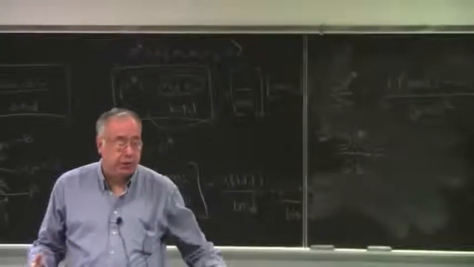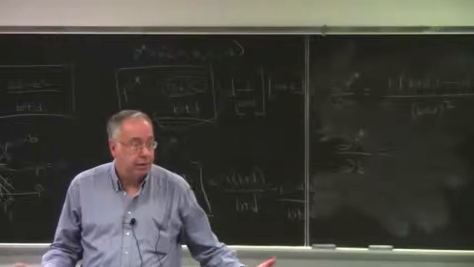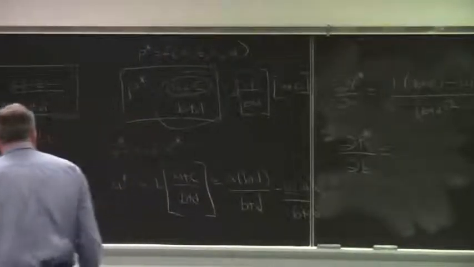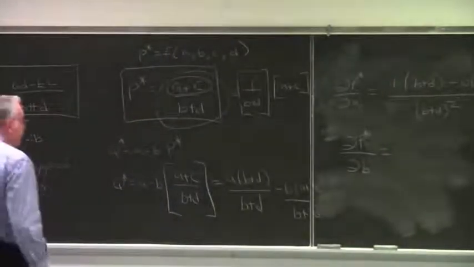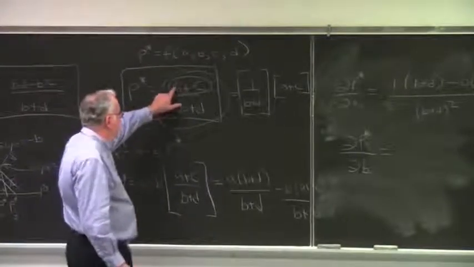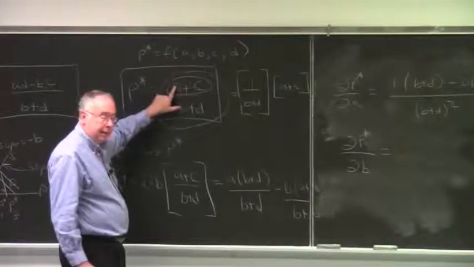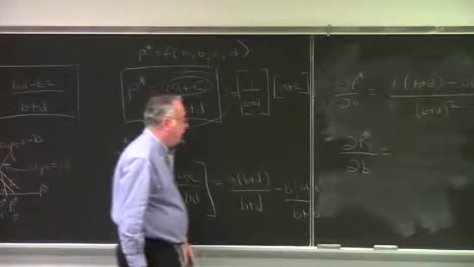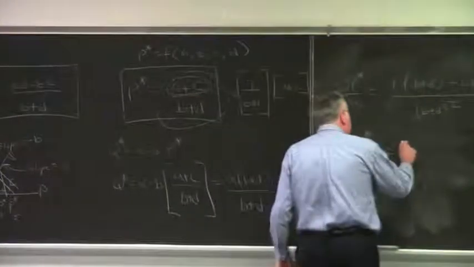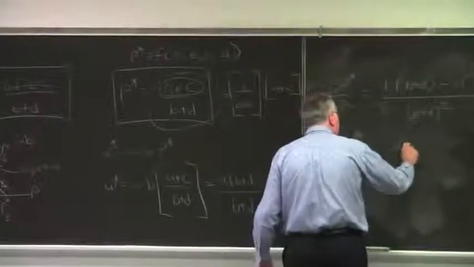Zero, because there's no B up there. So the derivative of the numerator with respect to B is 0. A and C are just treated as constants. So that's 0. You multiply that times the denominator, B plus D,